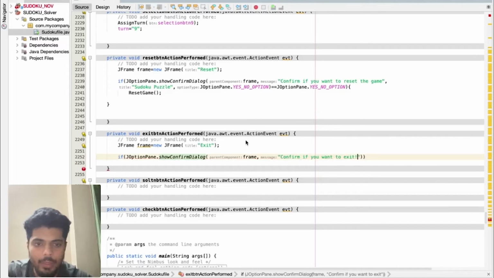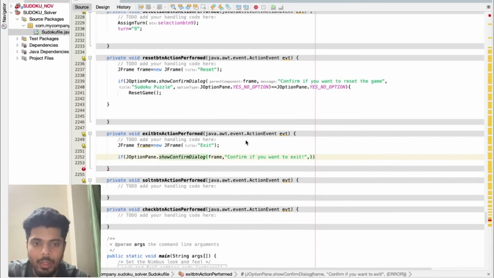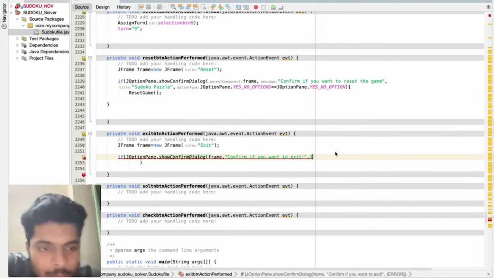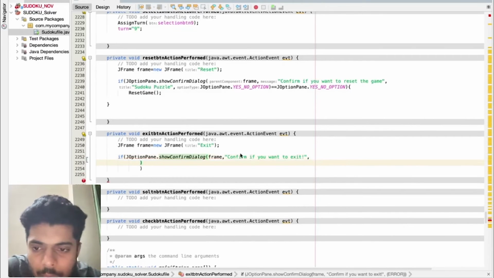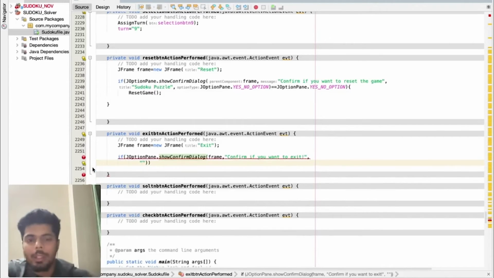Let's say we first wait for the confirmation if the user really wants to exit. Confirm if you really want to exit. It should also come up here. Let's wait for the confirmation, and let's put the title.